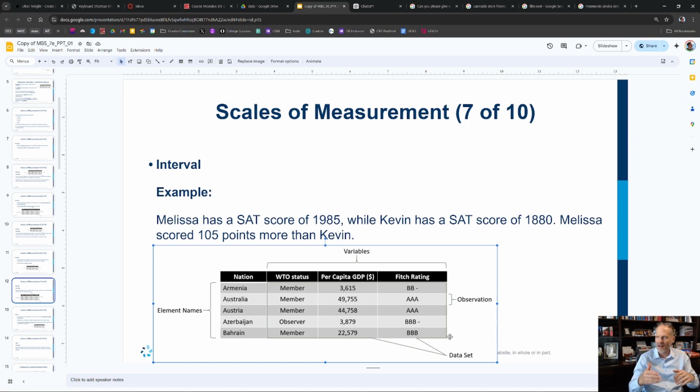And you could say that, if I'm 6 foot and somebody is 5 feet, right? You could say that that person is 5/6 my height, right? And so the ratio matters with ratio data, and there's a 0 point. With interval, there is no 0 point, and the interval between the data has meaning. And so I'd say GDP here is interval data.